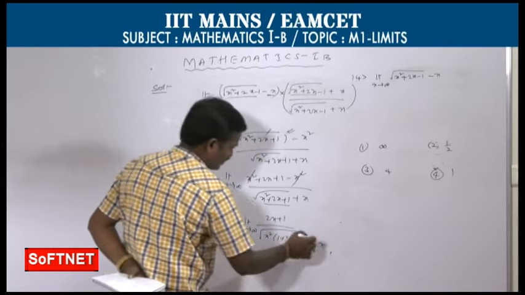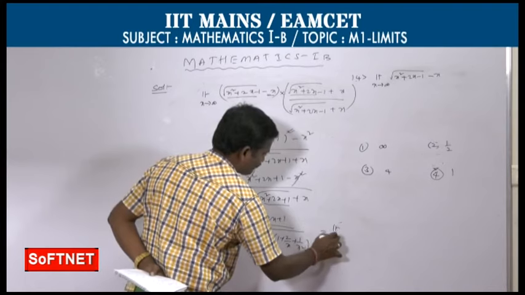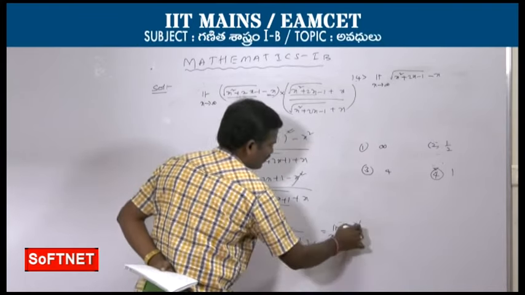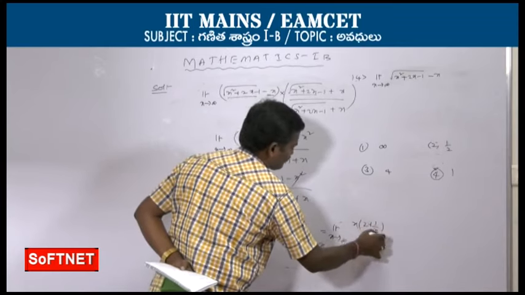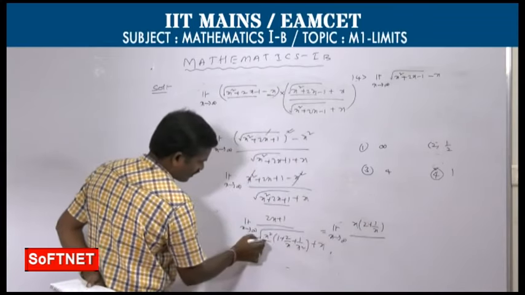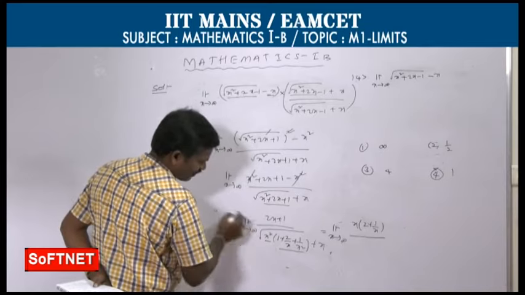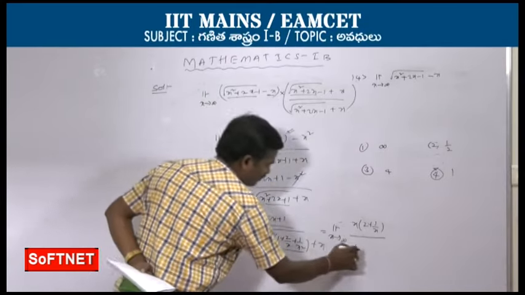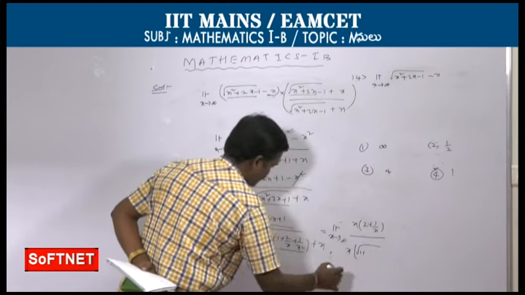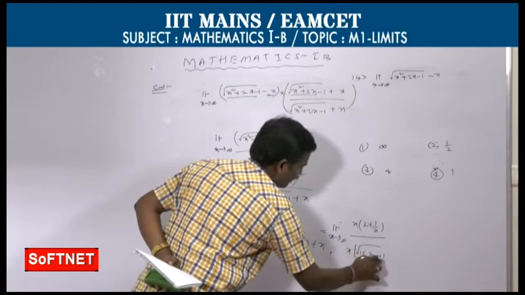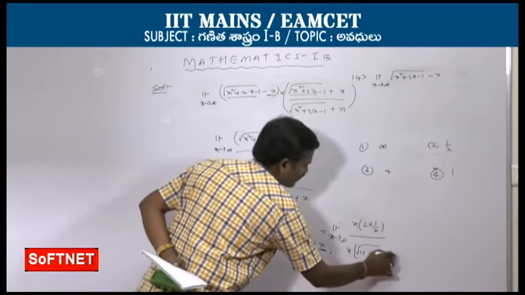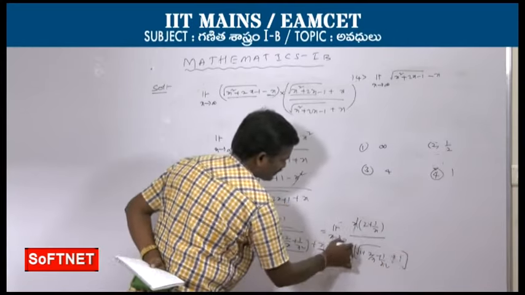So, outside the root, what is it? Limit x tends to infinity. Here also in the numerator, take x common, that is 2 plus 1 by x, over, here x square is in the root. So, x square outside the root is nothing but x. Take x common here, x into, the left out term is what? Square root of 1 plus 2 by x plus 1 by x square. So, here also we have x plus, outside it is root 1 common, and this x cancels.